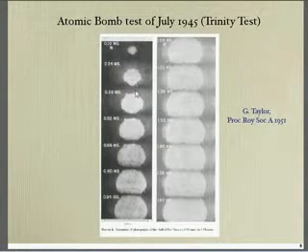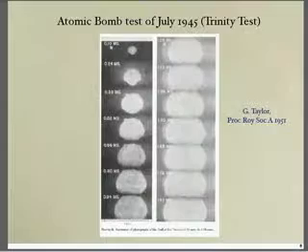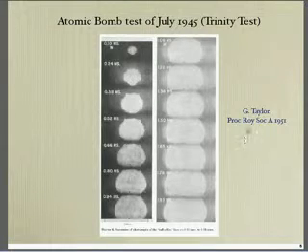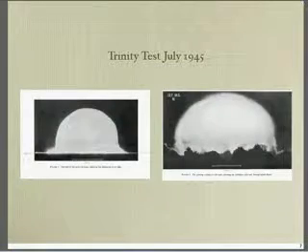At first, it is spherical, but then the bomb, which was set off at a height above the ground, has its fireball touching the ground, and its progress on the ground is actually restricted, and so it changes from a completely spherical cloud to somewhat of a distorted one. These pictures were published in a paper in Proceedings of the Royal Society by Geoffrey Taylor. And the next slide will show you